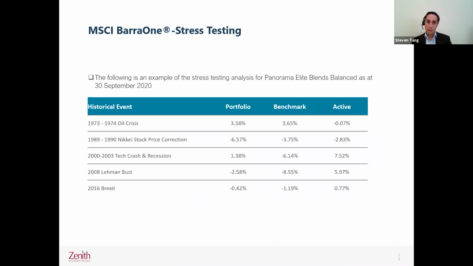Next slide. So the other one that is important, and this is becoming increasingly important for our clients, as the government's frameworks around managed accounts are becoming more onerous, and they're asking us, how would your portfolios perform in certain scenarios? Well, MSCI BarraOne allows us to do that full look through the portfolio and say, okay, in given scenarios, and these are set scenarios, you can actually tailor these scenarios to whatever you want, but these are the tailored ones. And you can see how you'd perform relative to the benchmark.